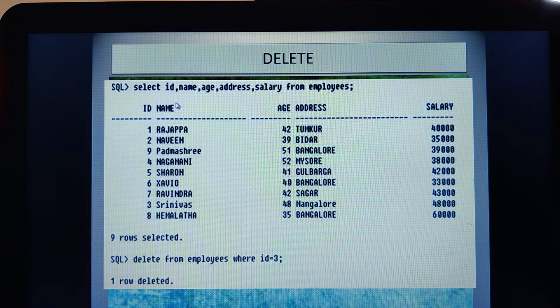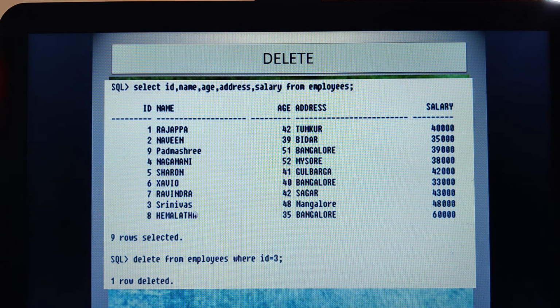Now here is an example: select ID, name, age, address, salary from employees. We got these 9 records. Now let us see: delete from employees where ID is equal to 3. When I mention where ID is equal to 3, the complete record, 3 Srinivas, 48, Mangalore, will be deleted.